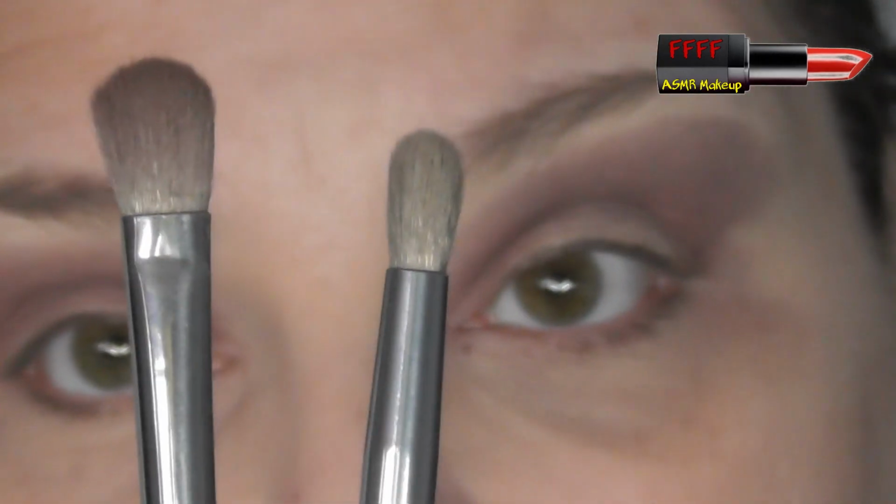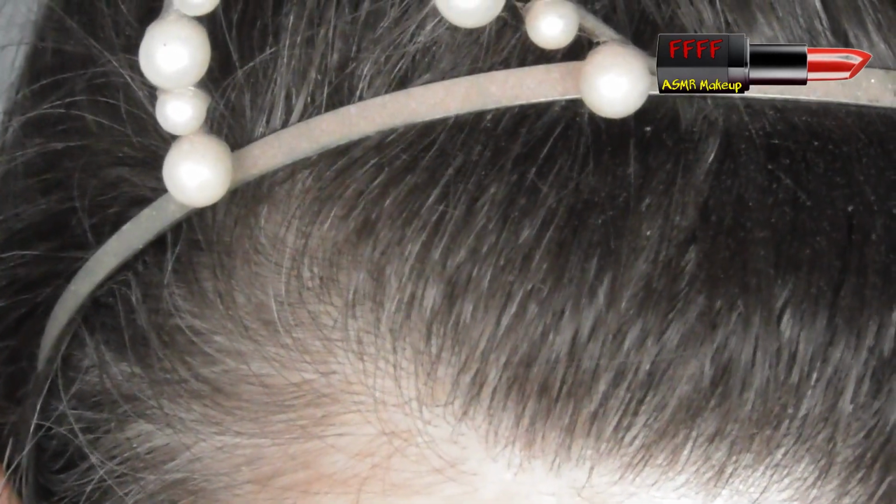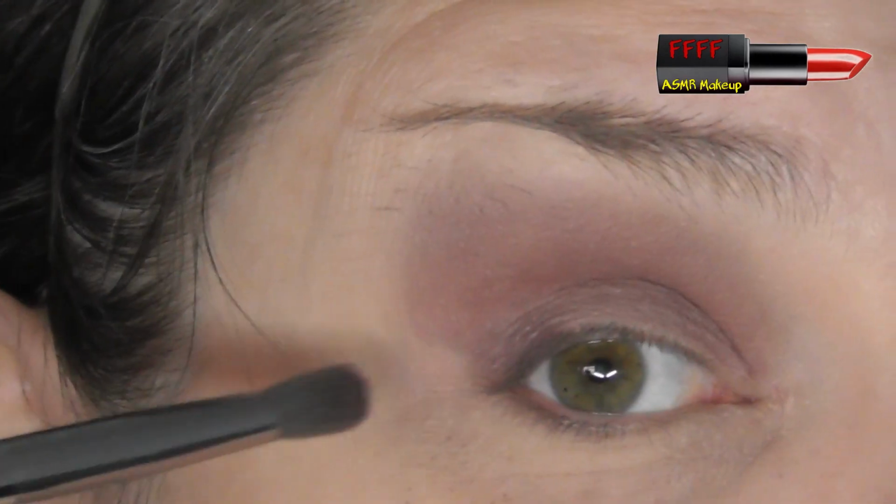Okay, I am really liking this. Right, if you started with a smaller brush, now is the time to go down to your tapered crease brush, because I'm about to go from this brush to this one. And I'm going to go into Prowl, which is the deepest colour in this. And I'm just going to start off by just tapping some of the deeper pigment on the outer third of my mobile lid. Just really gently,